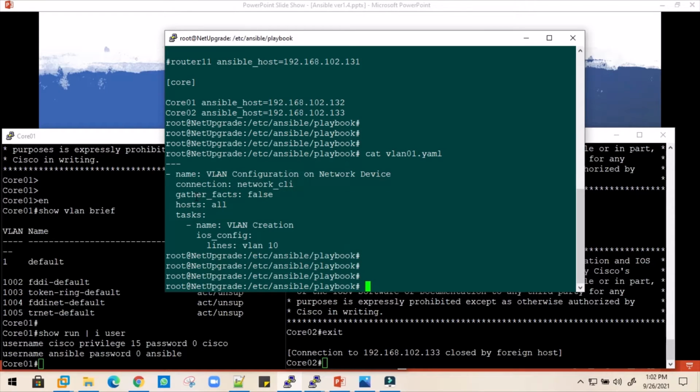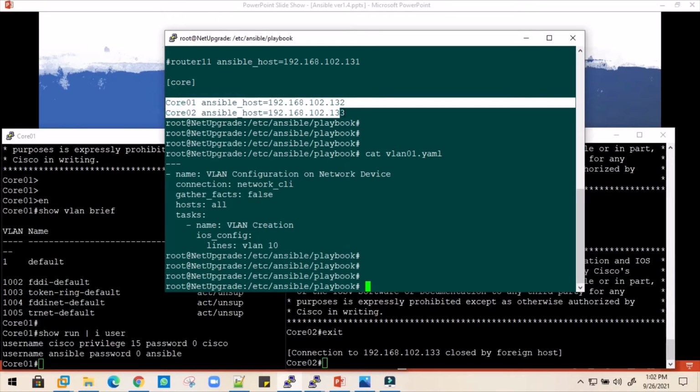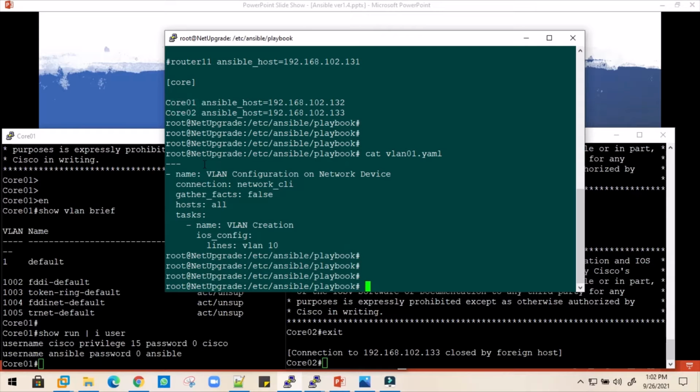It doesn't need to gather facts, but it needs to log into all the devices mentioned in our inventory file. In our case we have two devices on which this playbook will be executed, and it contains all the devices as well.